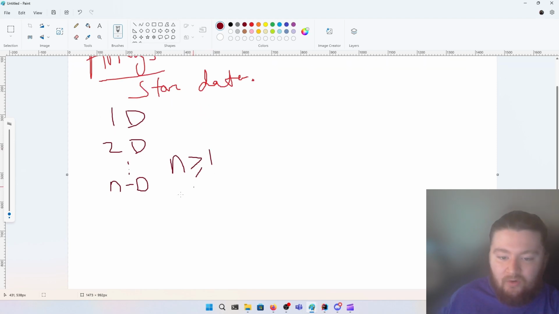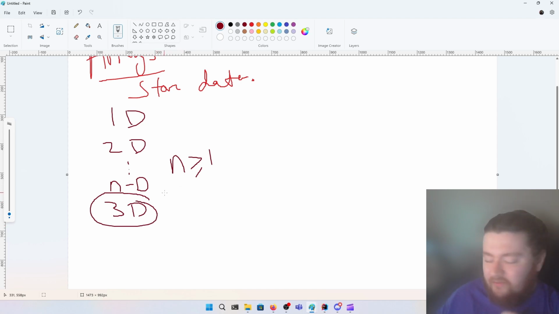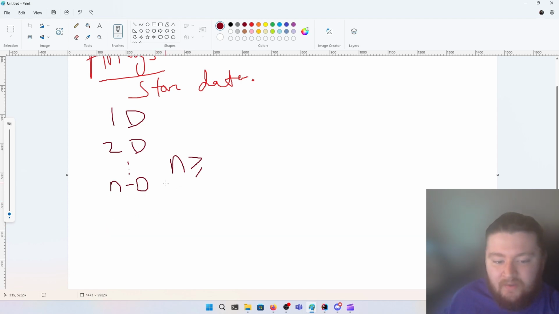dimensions. But really, going beyond 3D, usually you're doing some type of scientific work with that, because anything beyond the third dimension is kind of hard to visualize. Okay? But